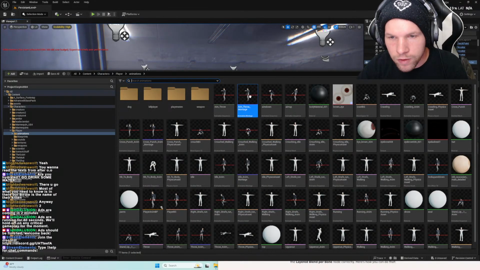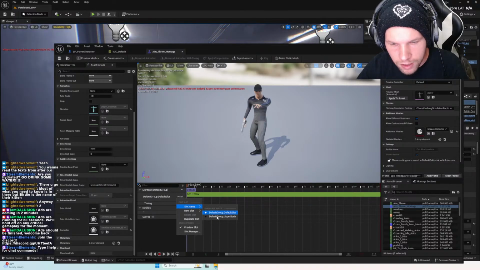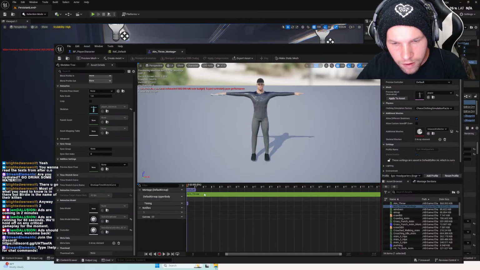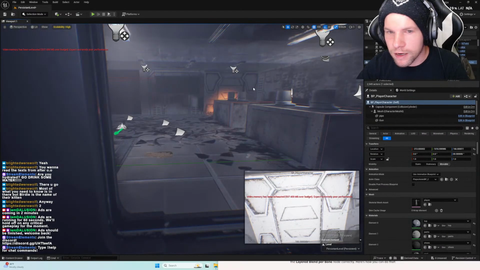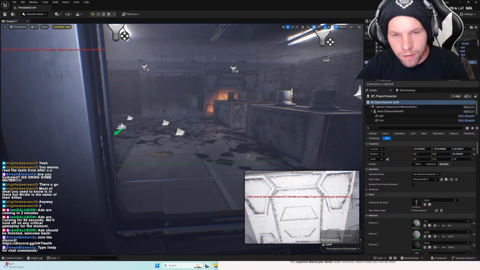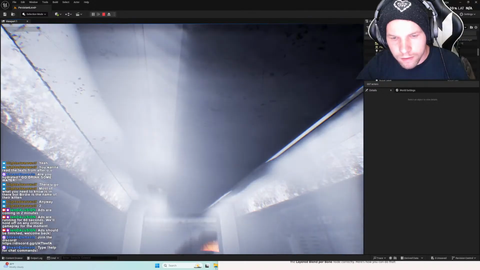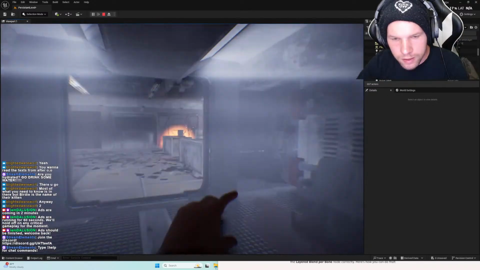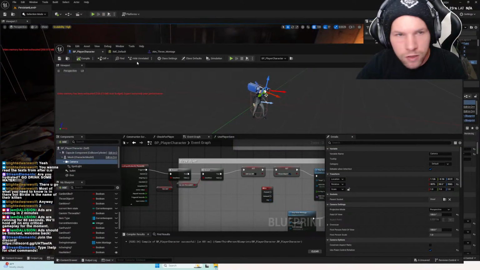And now we need to go in here and set this to slot name, upper body. Just gotta move that like so, and save, and yeah, it works. Beautiful. So now we just need it to loop.